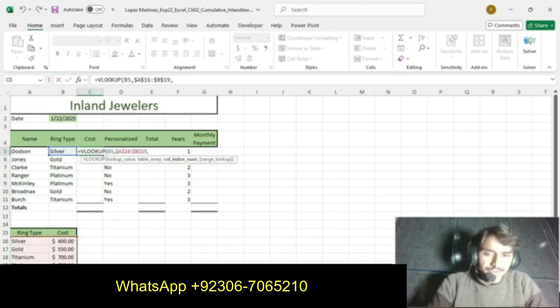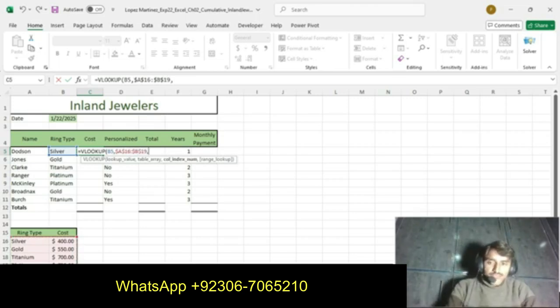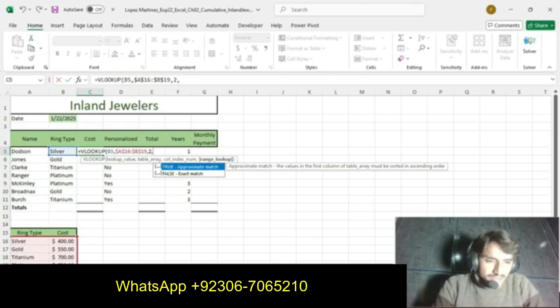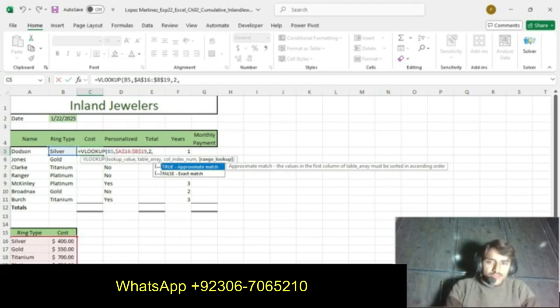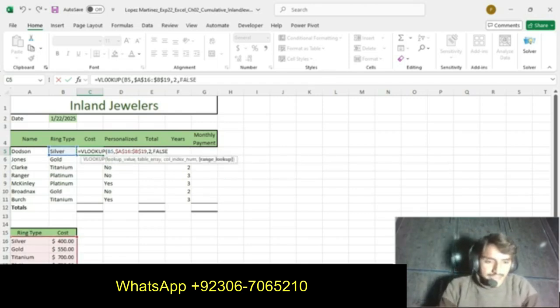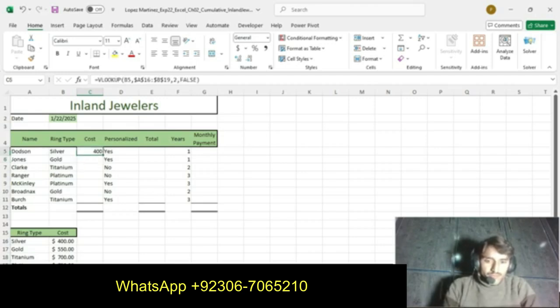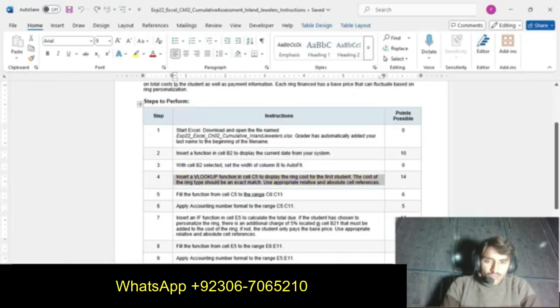Now the column index number: we get the value from the second column, so we press 2. Then it says exact match, so we select exact match. Now we press Enter and we get our result. This is our VLOOKUP function. Now our step number 4 is completed.